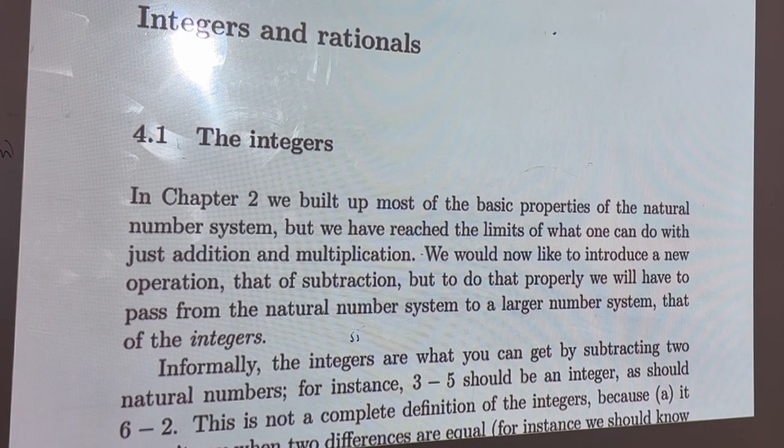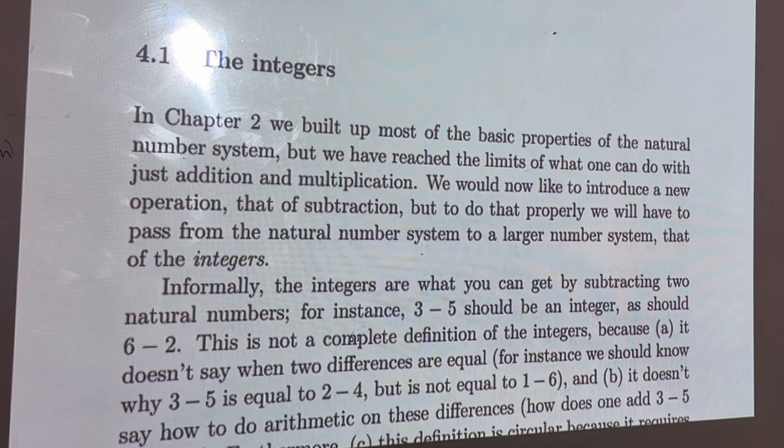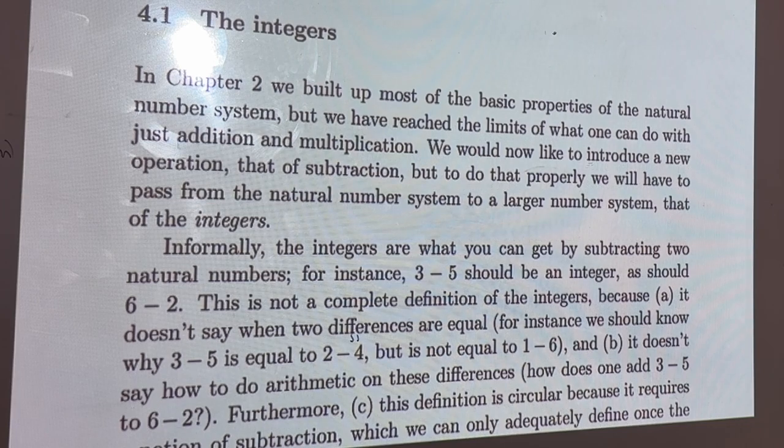that of the integers. Informally, the integers are what you get by subtracting natural numbers. So that is kind of the normal approach, however. For instance, 3 minus 5 should be an integer, as should 6 minus 2. This is not a complete definition of the integers because A, it doesn't say when the differences are equal. For instance, we should know why 3 minus 5 is equal to 2 minus 4, but is not equal to 1 minus 6, and B, it doesn't